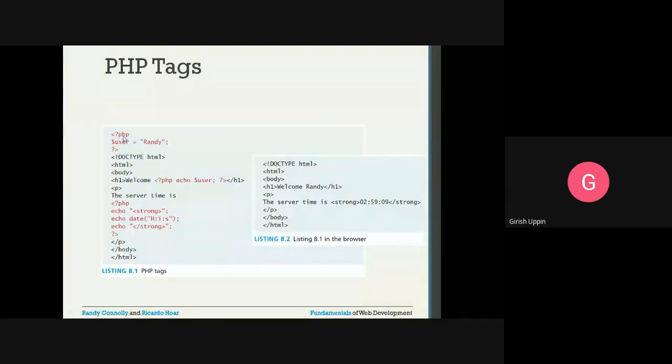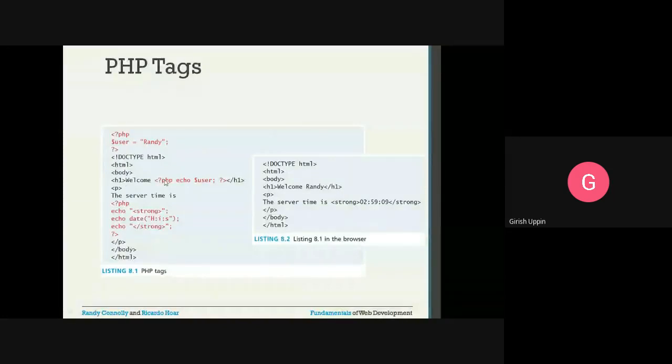This is the example of PHP tags. You can see this is the opening PHP tag, and this is the ending PHP tag. We have two sets of code here. One is here and one is here. This is the opening PHP tag and this is the closing PHP tag, and here we have defined a variable called user, and we assigned a value. And you can see inside the HTML element we have used the code.